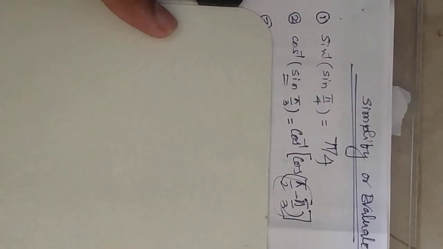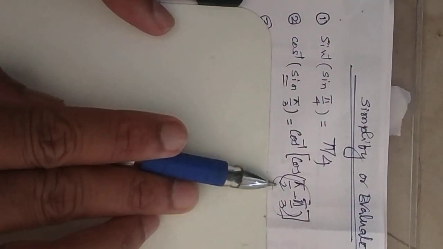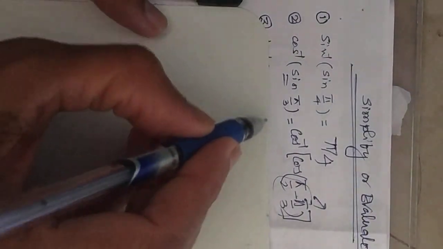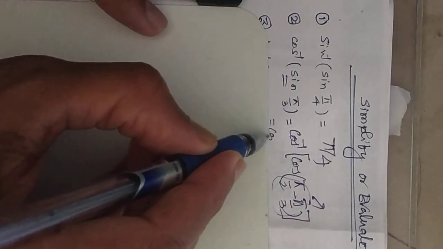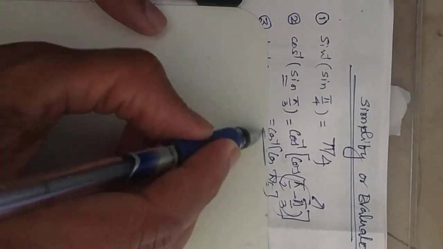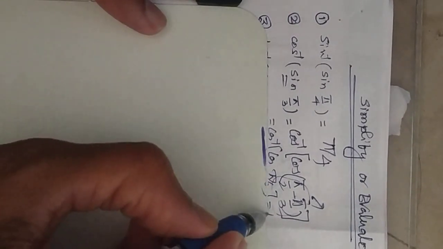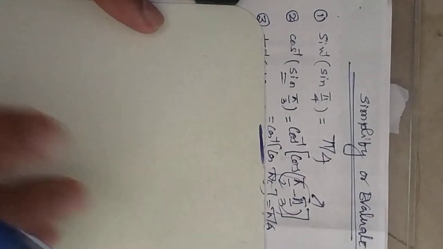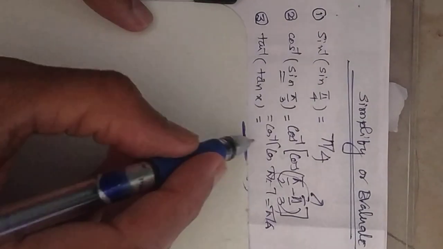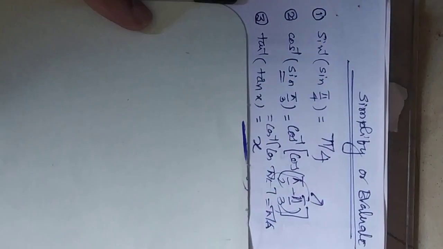Now you know this value. Pi by 2 means 90, pi by 3 means 60, so it will be nothing but 30 degree, pi by 6. So the final answer will be cos inverse of cos of pi by 6. And now I can consider these two are same. My answer will be pi by 6, and being pi by 6 is in the domain. Okay. If tan inverse of tan x, straight away it will be x.